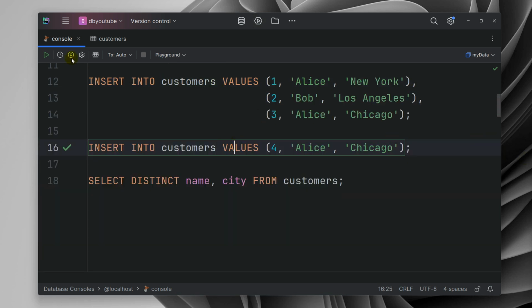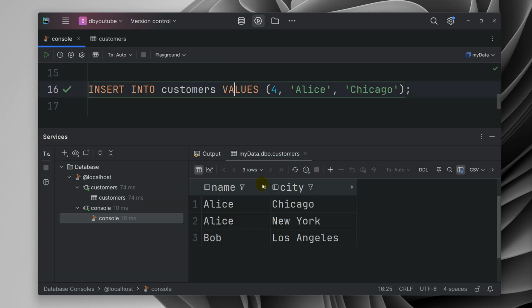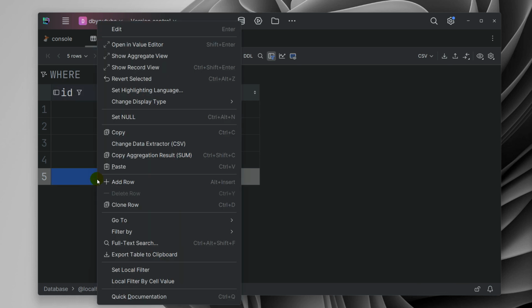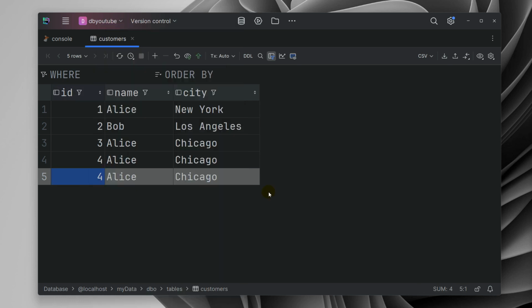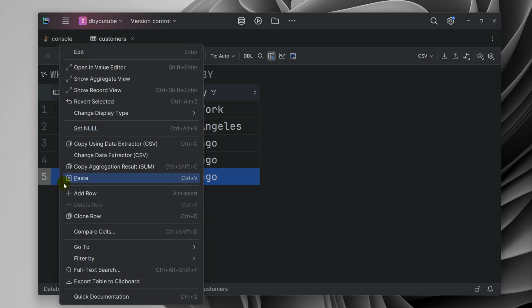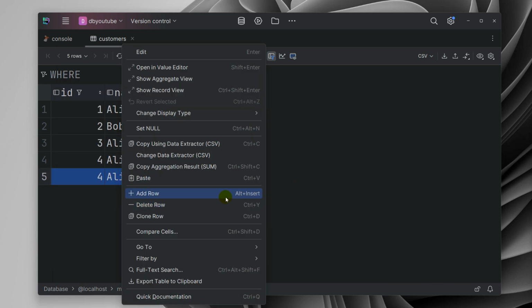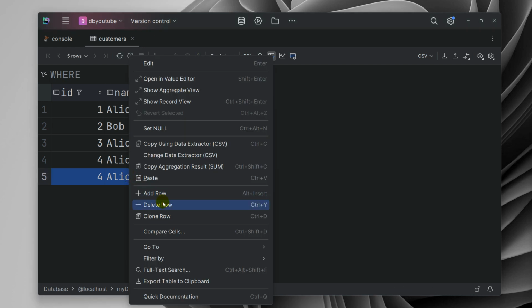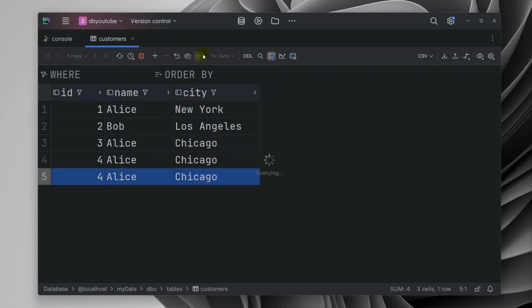Right now, if I refresh, you can see, so let's delete this. This is not the data that we want, so let's delete the row. And right now, if we refresh the table, you can see that we have two Alices who